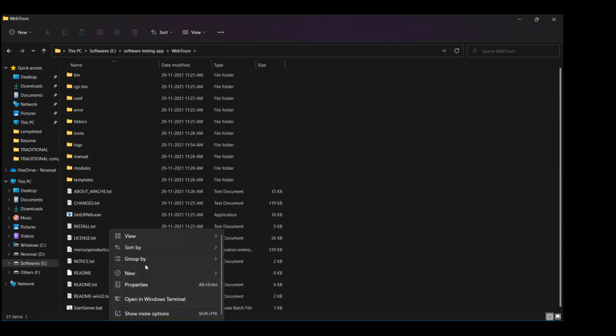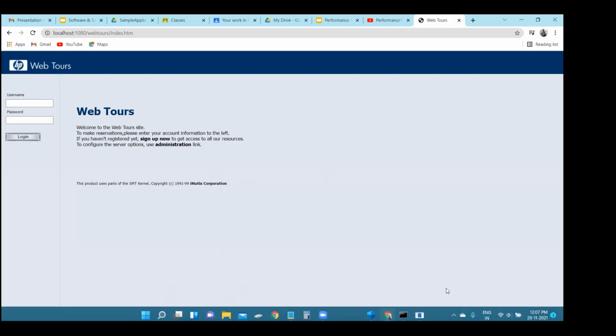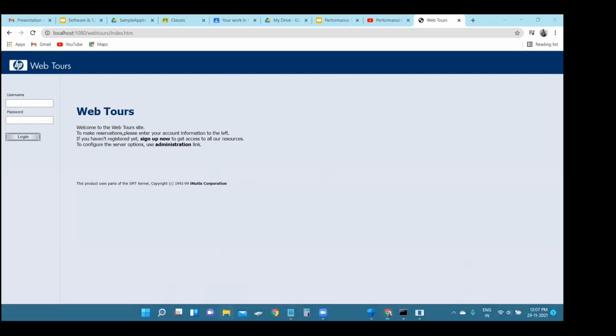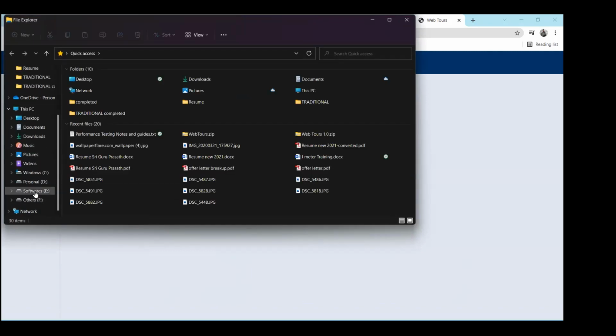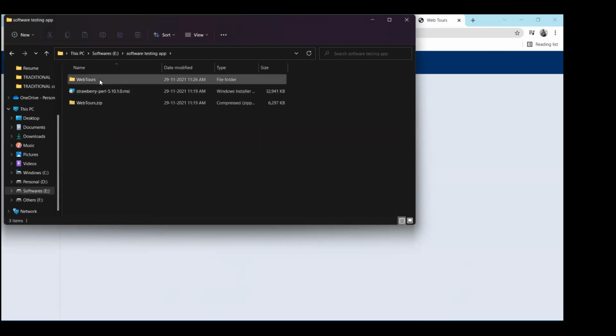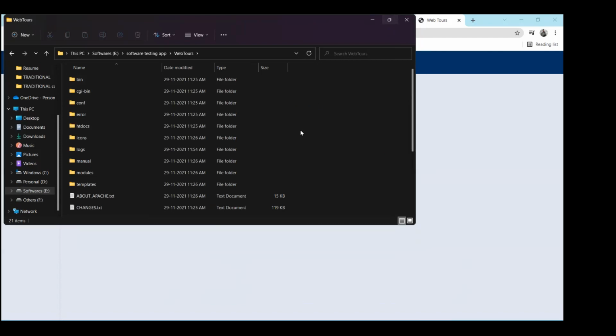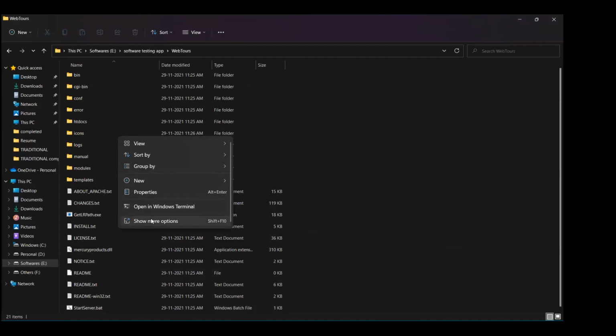In Windows 11, you see this. Please hold on, please wait, Guru. You right click, right? Can you go to that folder again and right click again? When you right click in the Windows operating system, you get a small window, right? That is called a context menu. Why it is called a context menu is because based on where you right click, it will show you options. Understood? In Windows 11, you have to use show more options.